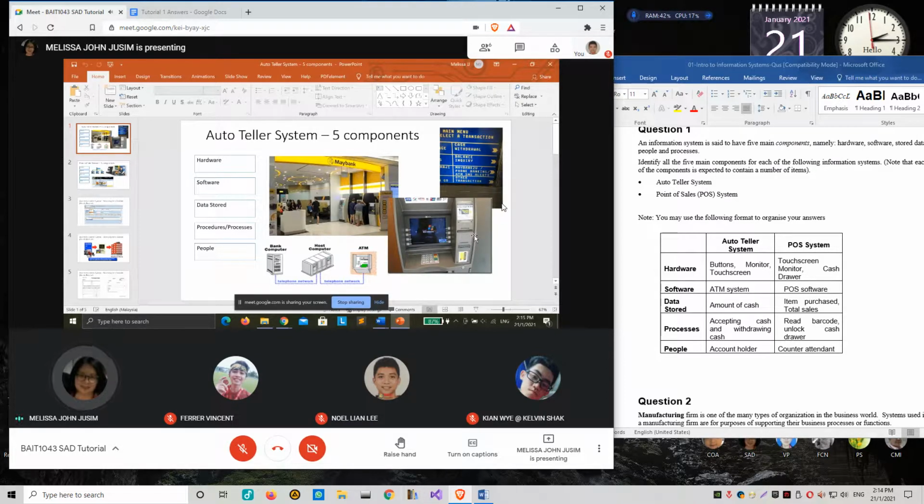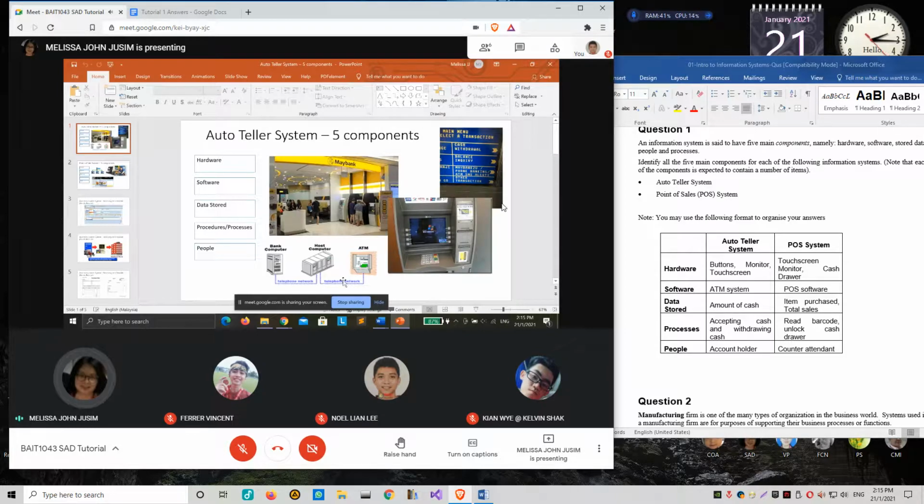And definitely, the auto teller system will be linked to the server, so we need the server as well. Include in your answer the server, the printer, and the network infrastructure.